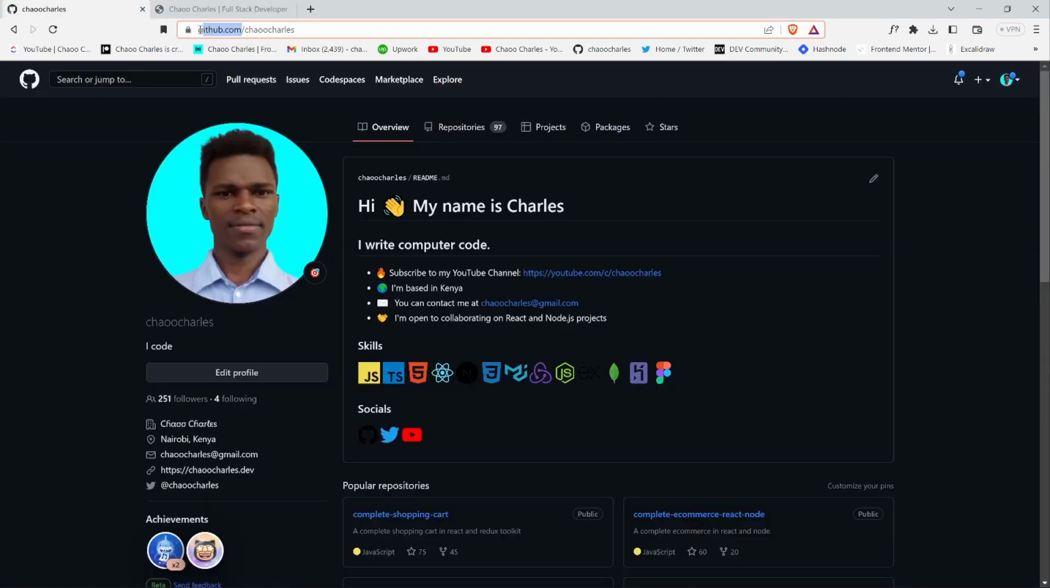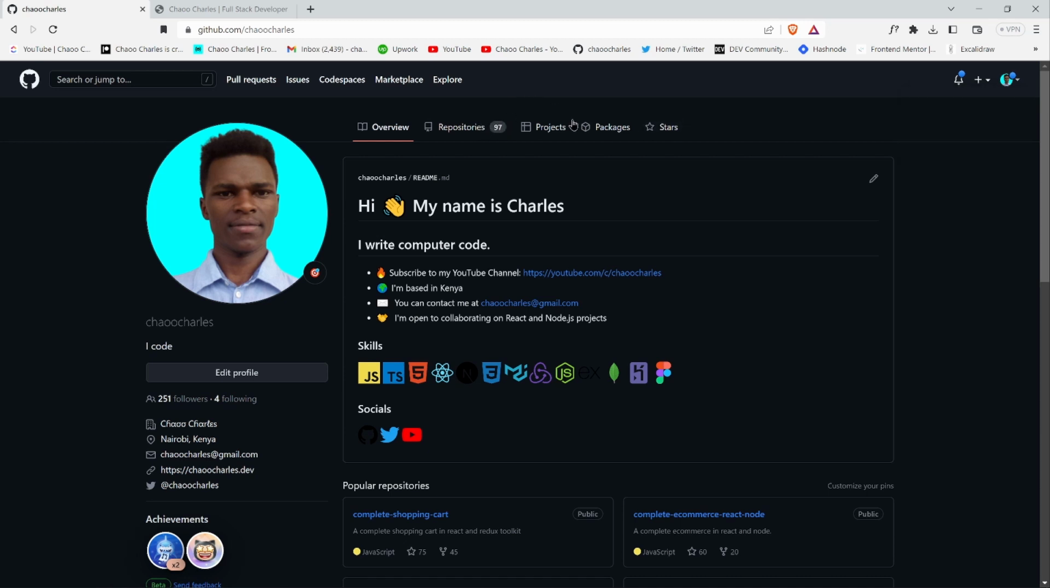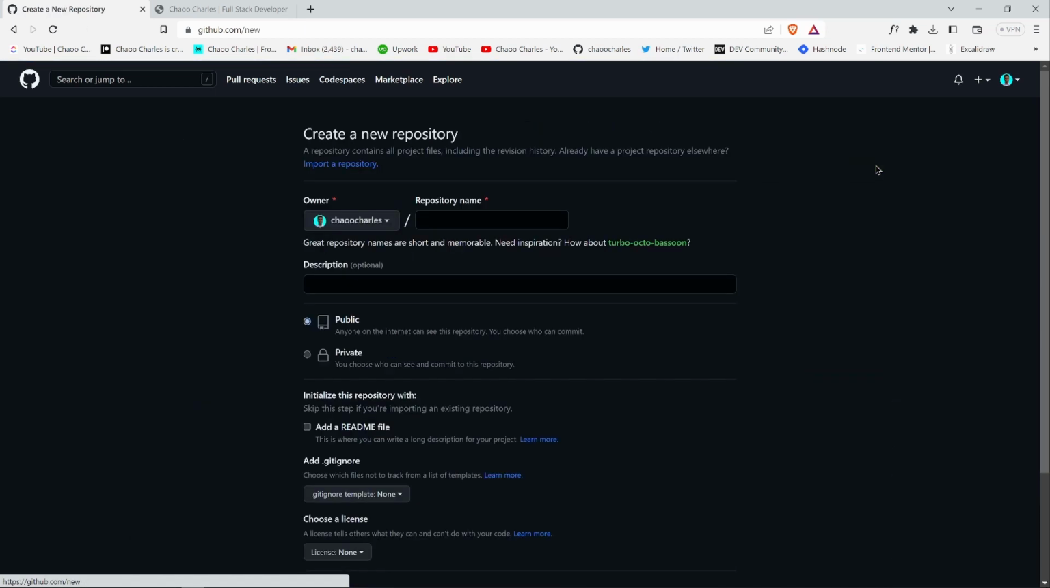So search for github.com, create an account, then you look for your profile. Right here you can click on profile and you can go to repositories, and then you'll create a new repository. So here you'll say new, and from here I'll just call this repository HTML, CSS, GSAP